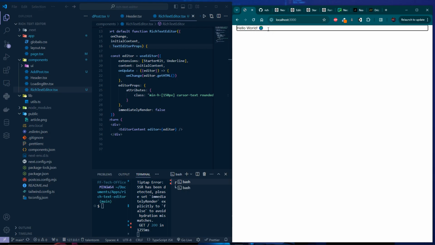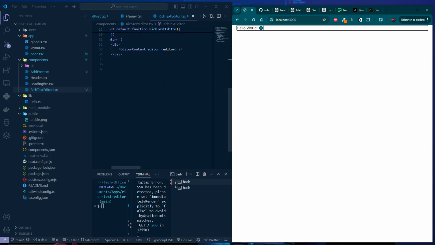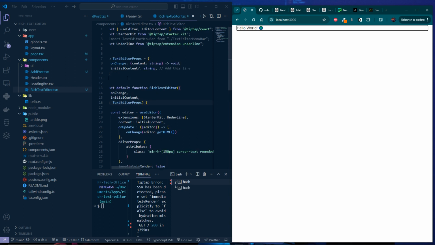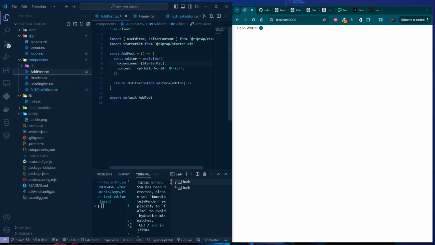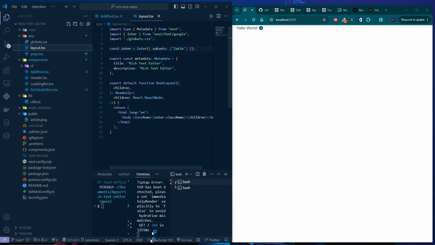Okay, we're still seeing the previously added input field. It's because our rich text editor is actually a single field. So what we need to do now, in our edit post, is change this code. Let me close some of these things. In our edit post, we need to change what you're seeing to actually be able to see a form. So before we do that, to add a form as well, let me just quickly import the